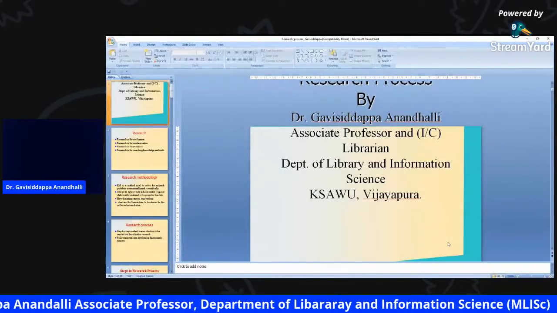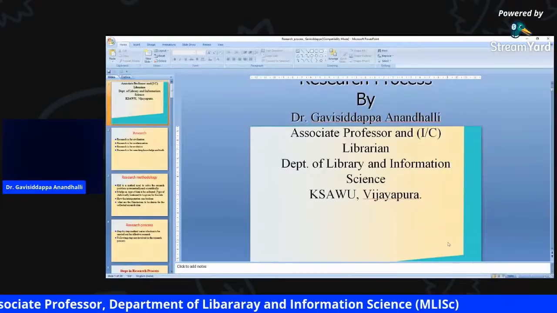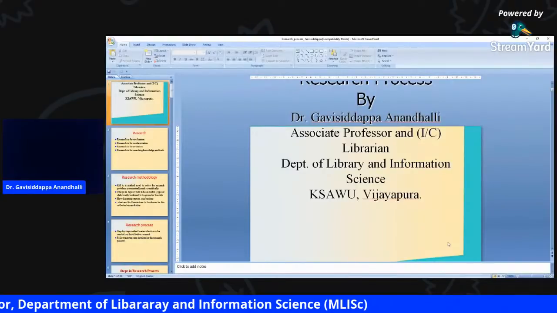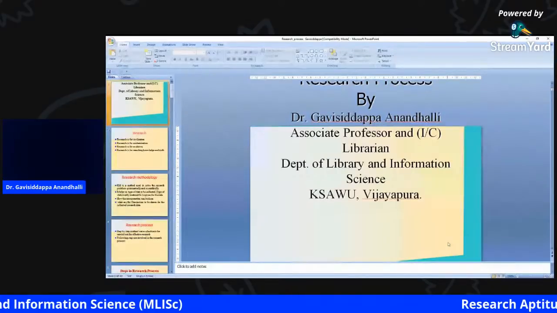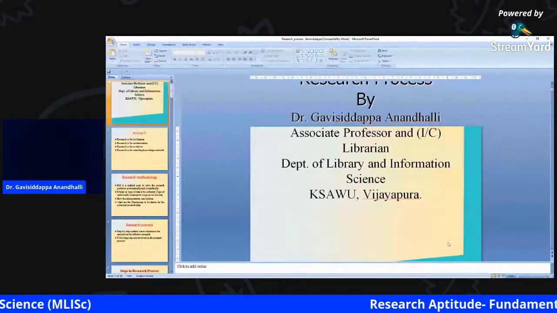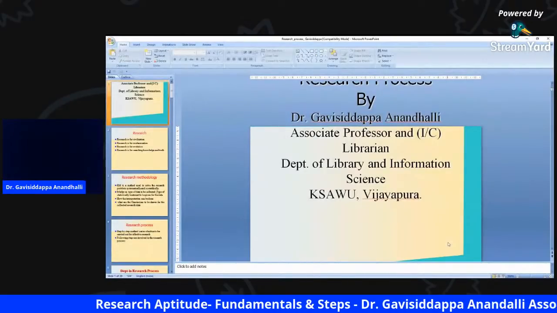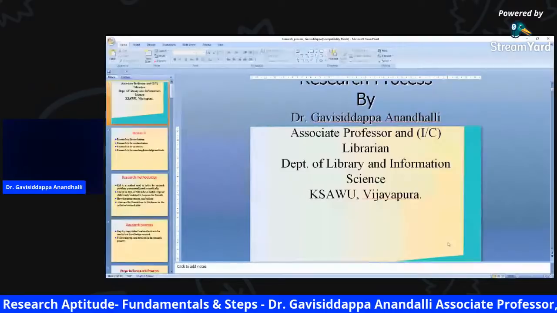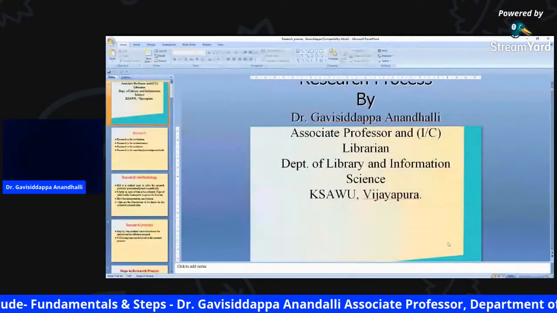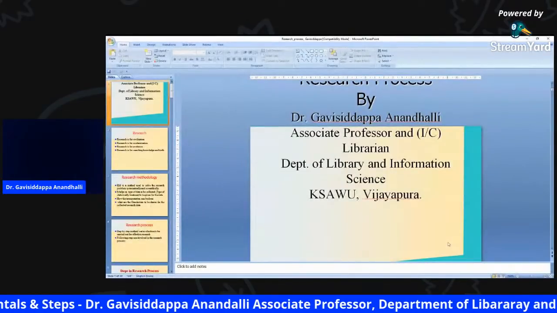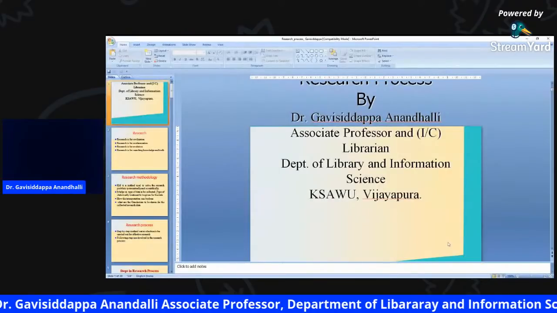Once the data is collected, it has to be analyzed, which means we have to draw inferences and trace the significant findings of the research work. Based on the findings, you can give suggestions and recommendations for your research work, and later you can give your own suggestions. These are the basic steps involved in